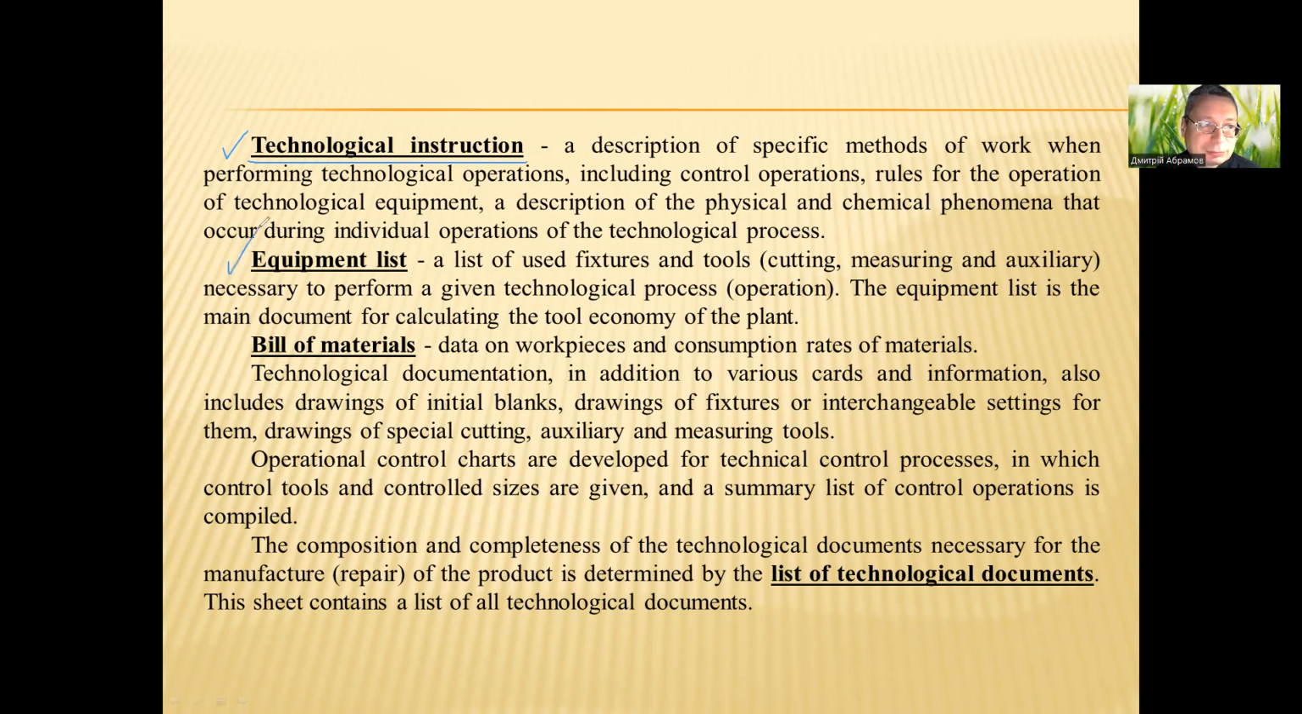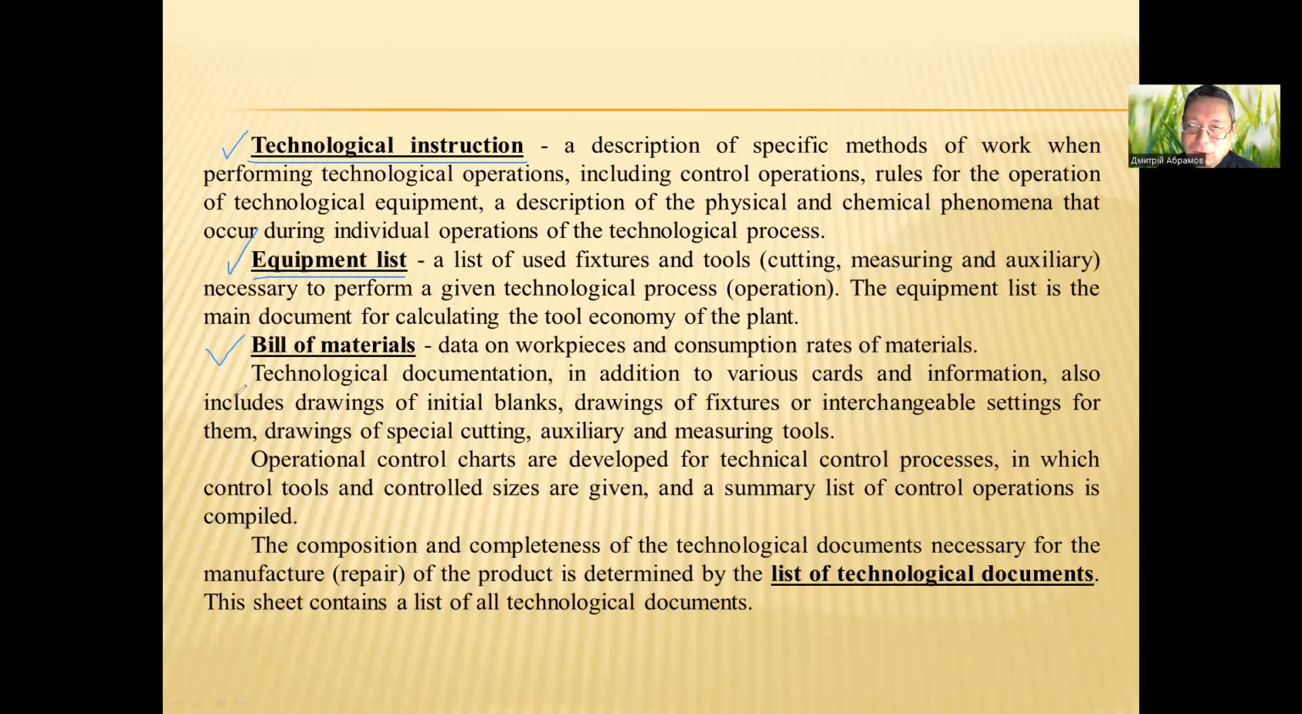Equipment list. A list of used fixtures and tools, cutting, measuring, and auxiliary, necessary to perform a given technological process or operation. The equipment list is the main document for calculating the tool economy of the plant. And bill of materials. Data of work pieces and